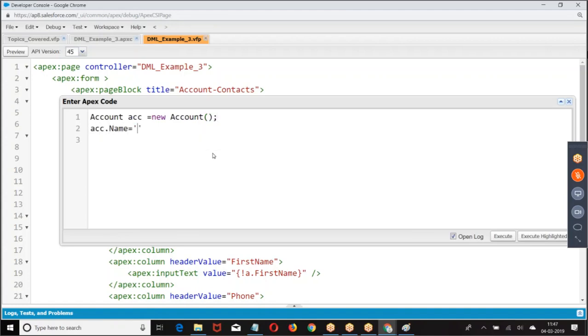Now, account name is a mandatory field, right? So, Wipro. First record. Second record I'm creating.